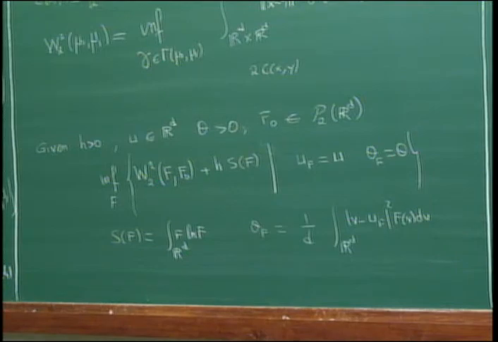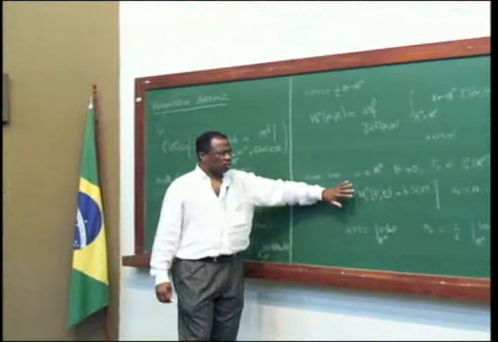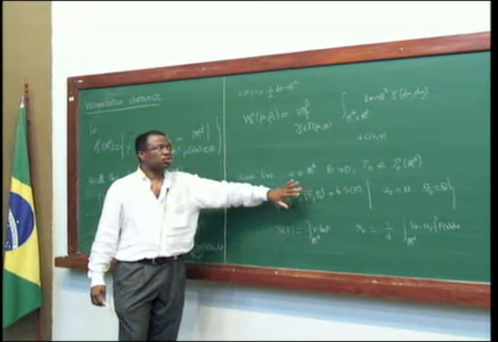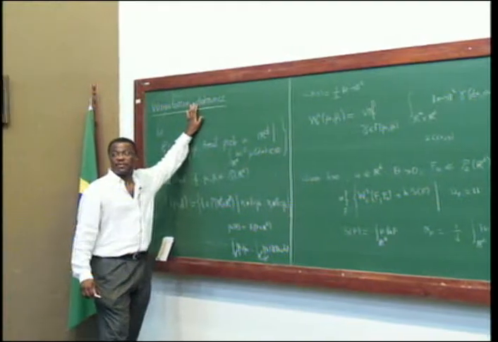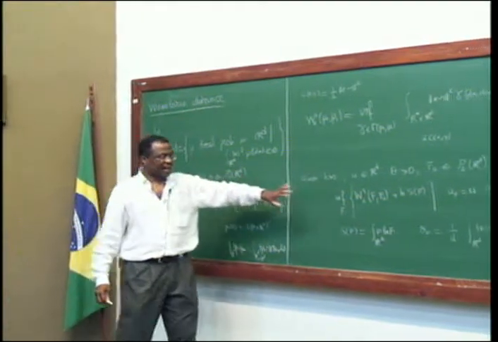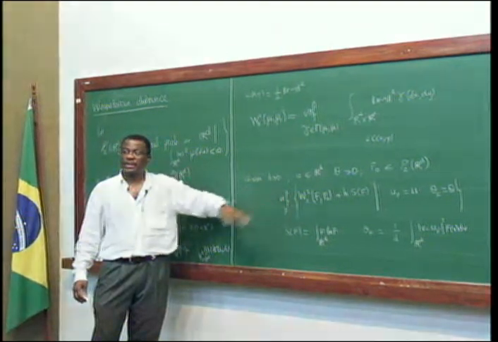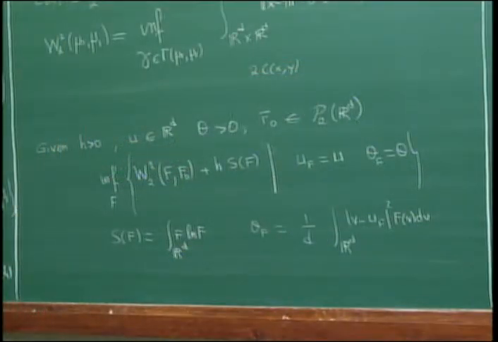Okay, so I've been calling this a distance. I am going to write the Euler-Lagrange equation of this later. So there are a few things I need to do to show you that this is a metric, and a few things I need to do to show you how to compute the Euler-Lagrange equation. So let me start with